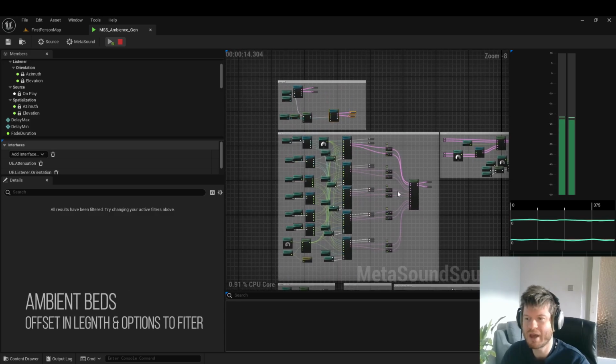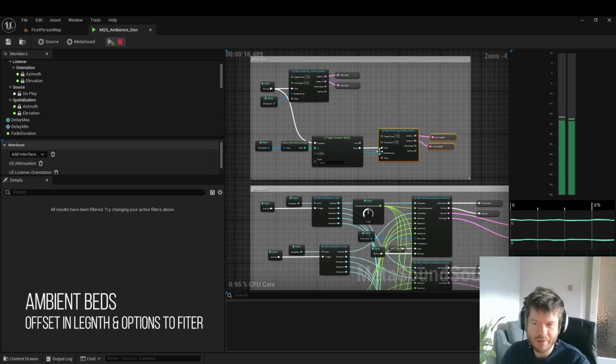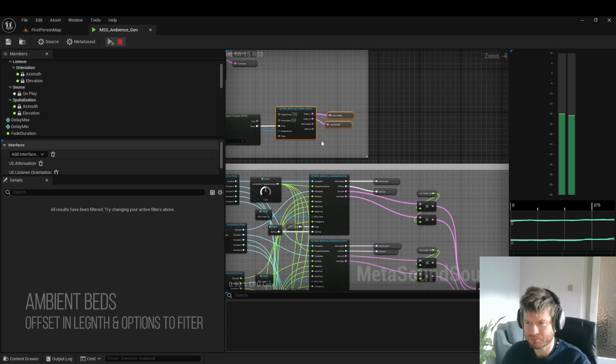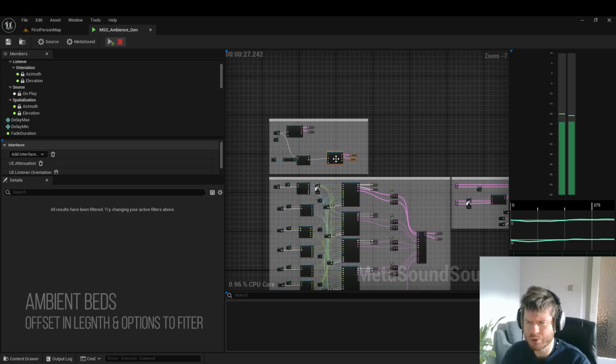Okay, so we have the 2 ambient beds. One of the ambient beds is covered by a filter. Now these ambient beds are offset in length to get as much bang for your buck. So the reason why I have a filter on one of the beds, or the option to filter one of